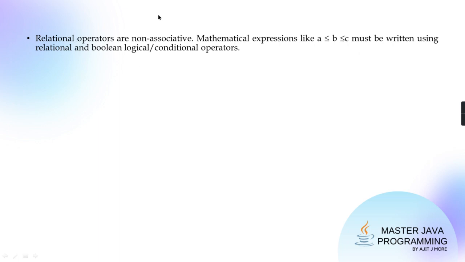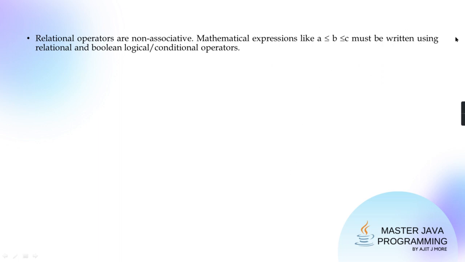So remember, in Java, first of all, it is not allowed. Getting? So why might they have not allowed such a thing? Because there will be an incompatibility between the data types. If they allow it, tell me A less than B, what will be the result of it? I'm not asking true or false, the data type. Boolean. And C may be any non-Boolean primitive. So this is Boolean and this may be integer or float. Can you do comparison between one Boolean and one non-Boolean? Not allowed. Already I have told you.